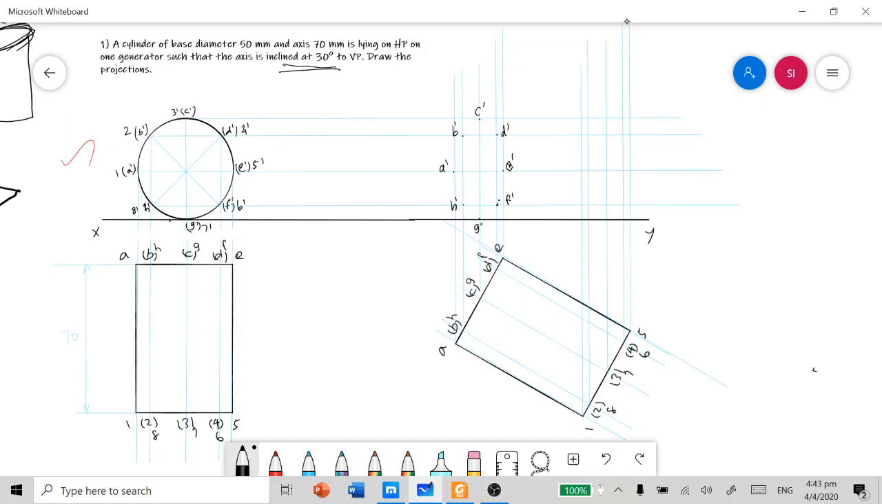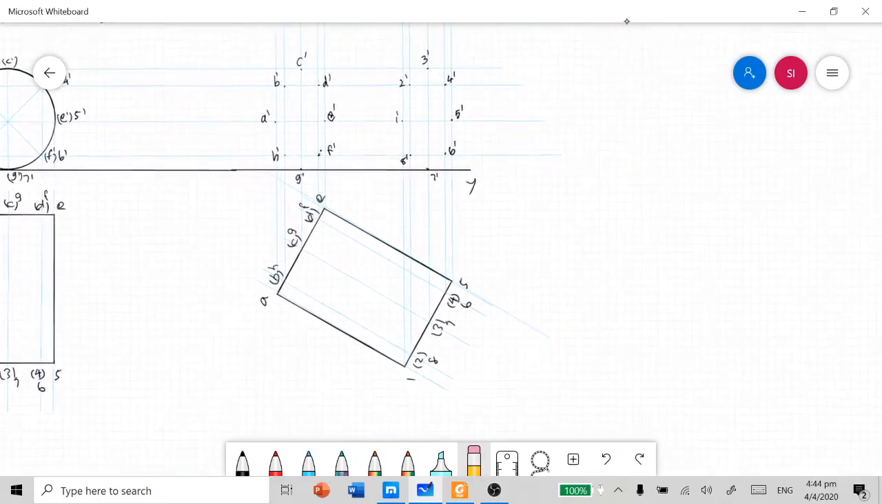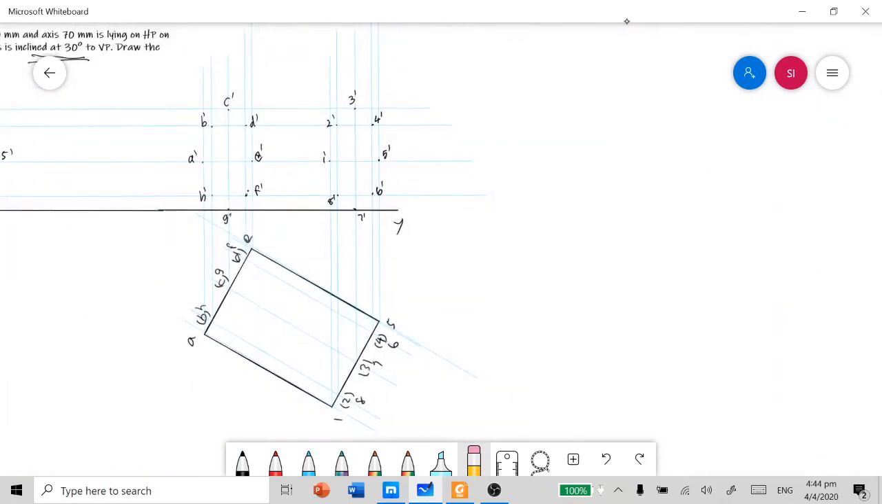The same way for the face, 1 dash, 2 dash, 3 dash, 4 dash, 5 dash, 6 dash, 7 dash, and 8 dash. And then as per our old rule, we can complete the projection. The first rule is to join